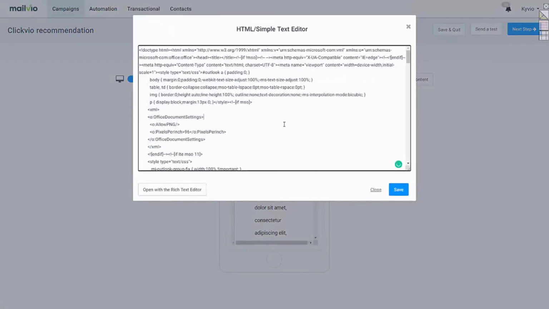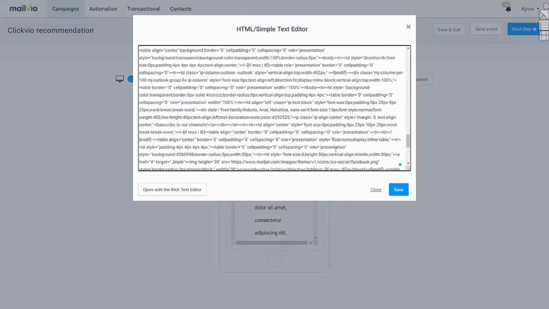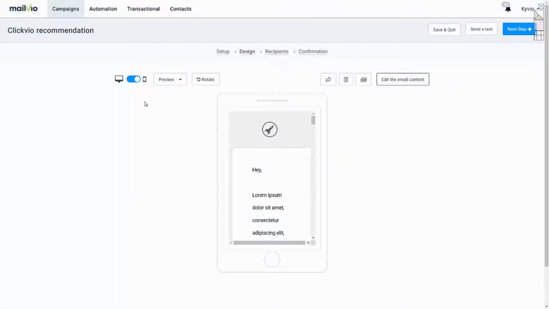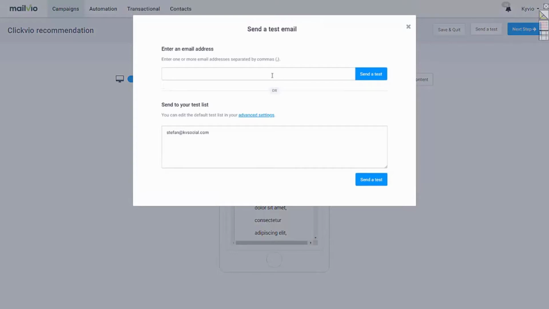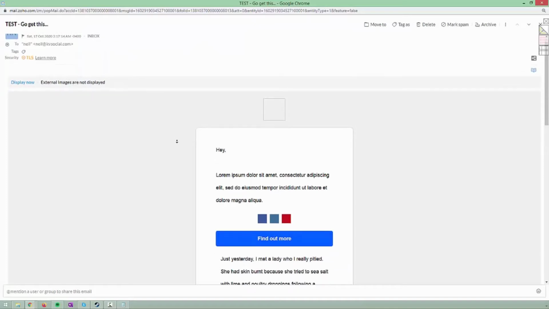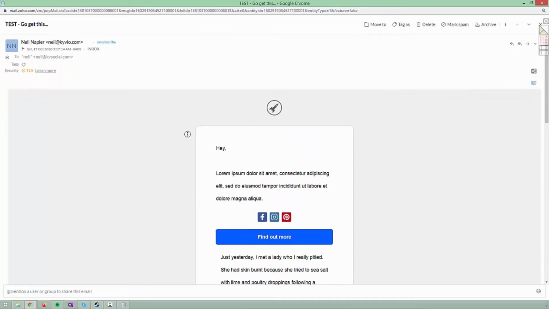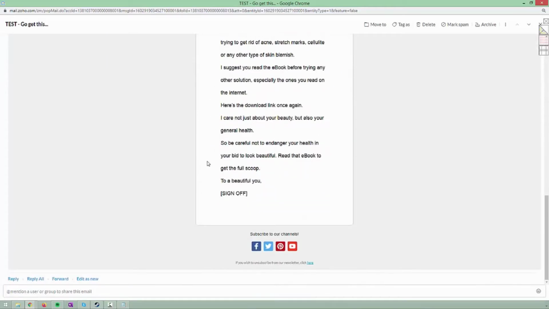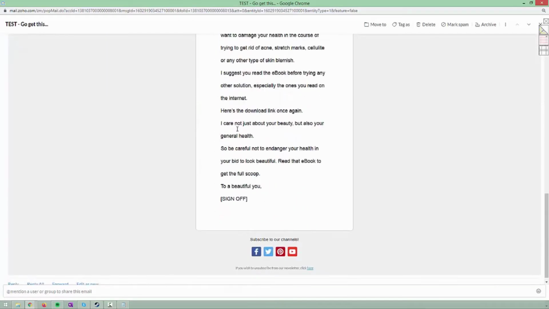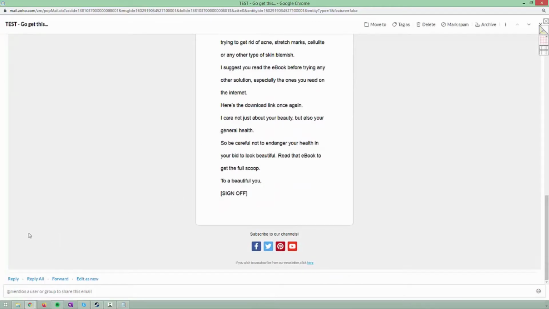You can, of course, go ahead and edit the email content, but do note now it is in HTML format, so it may not be that simple for you to edit it. So make sure any edits you need to make, you do so inside of ClickViewer. Then you can just go about emailing people as you would, and of course you can send a test email as well, and you can see what that would look like. I'm going to send a test email to a couple of my email addresses, and I'll show you what that looks like inside. There you go, that is email number 1. As you can see, it landed in here, and if I just turn on the images as I should, you can see everything that's within this, and of course you can remove this up on top if you want. So that's ClickViewer.